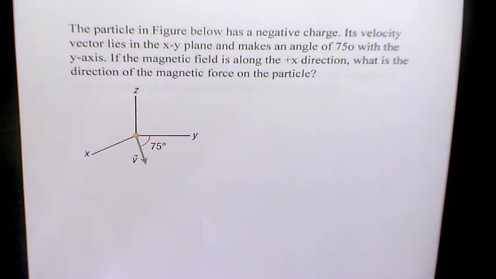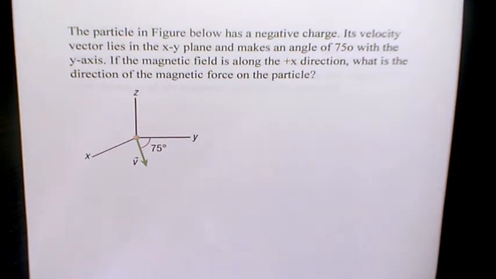The particle in the figure below has a negative charge. Its velocity vector lies in the xy plane and makes an angle of 75 degrees with the y-axis. If the magnetic field is along the x-axis, the positive x direction, what is the direction of the magnetic force on the particle? So, first of all, in order to find out the direction, we need to use the